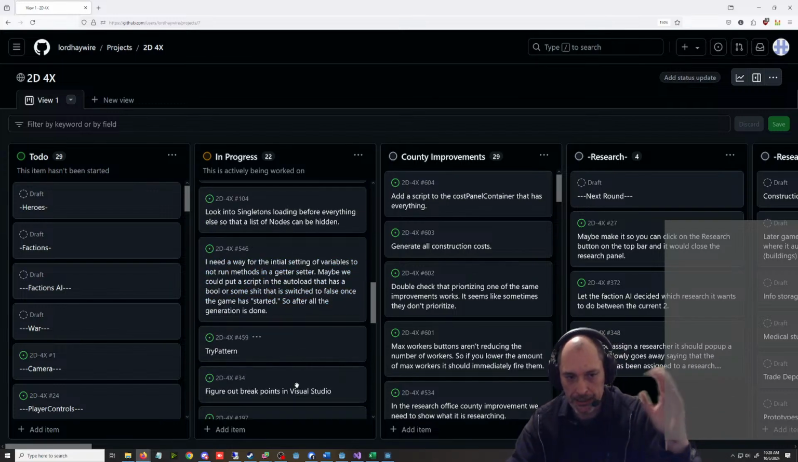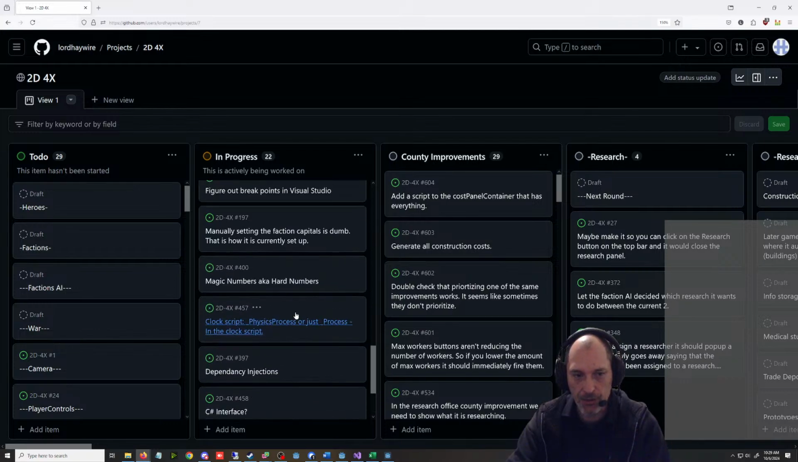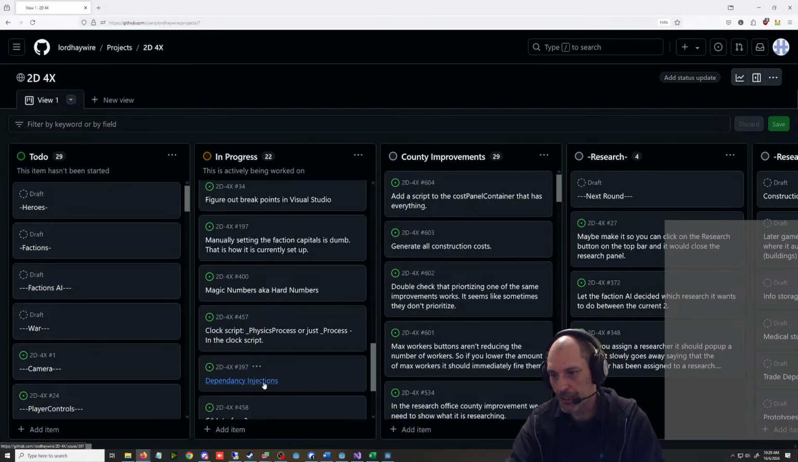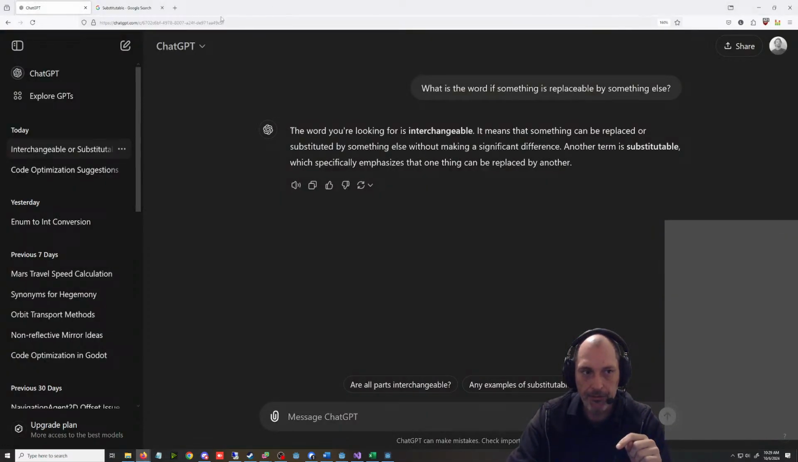There's a bunch of things in here, like figuring out breakpoints in Visual Studio. One time I really needed that, but I haven't needed it ever since. Oh, here are some questions about stuff, but this is the one I was looking at. Dependency injection is on my list of things that I need to learn, and I've watched a bunch of tutorials on it, and I just haven't had a need for it yet, except I have this,